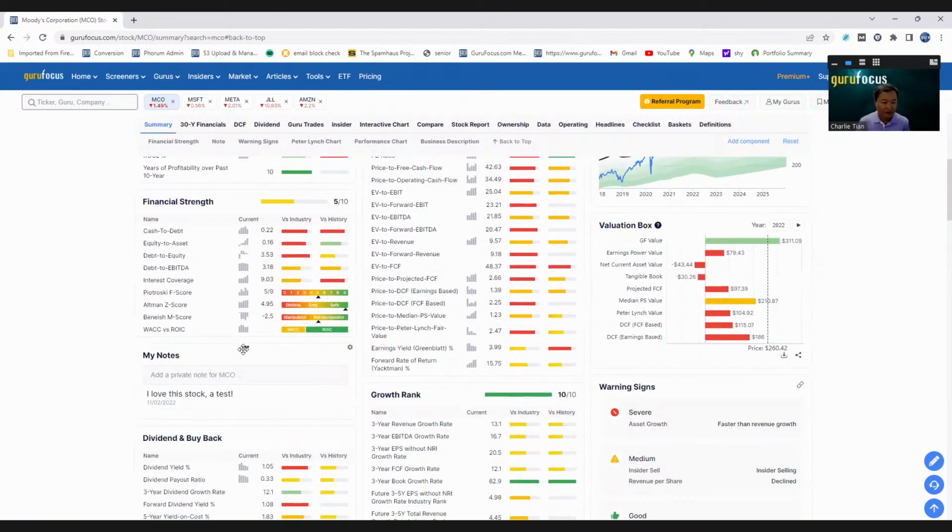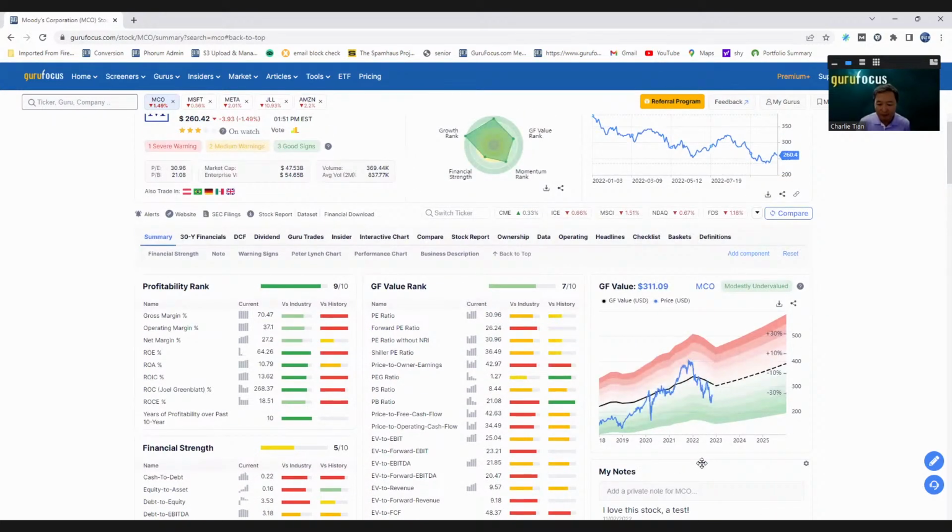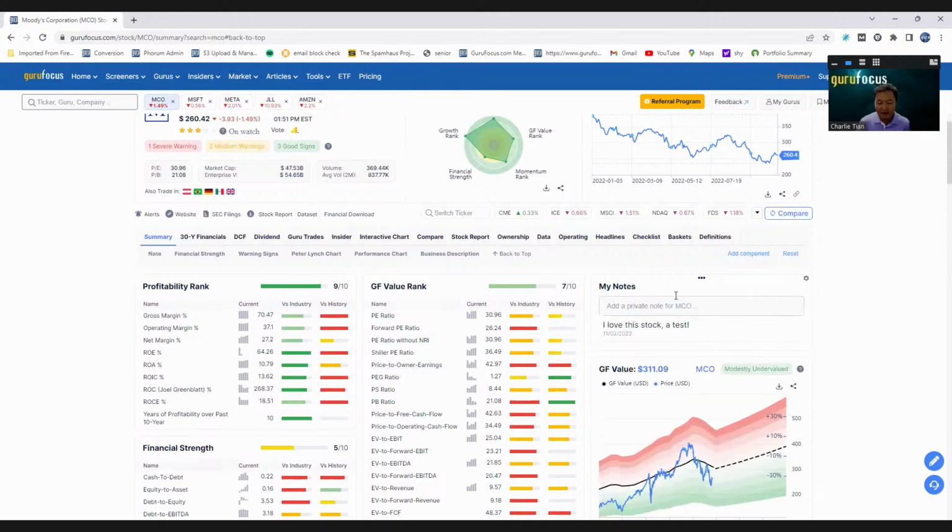If you think it's extremely important for you, you can put it on the top. And so as an example, I put it here. Now, this is a stock summary page. We